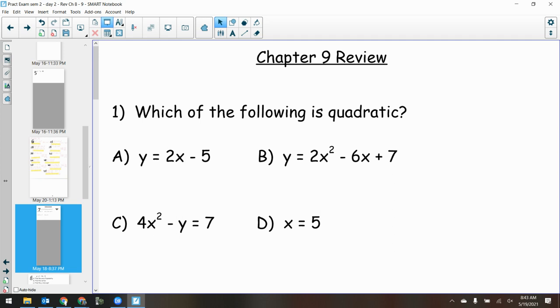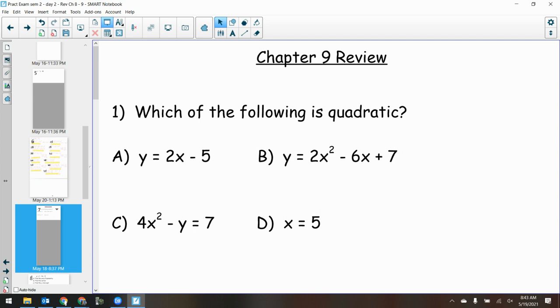The first part of Chapter 9 was all about graphing, and the second part was all about solving. We've got graphing, and then we've got solving, okay? So that's what we're going to review. We're going to review how to graph, and then we're going to review how to solve. Now,